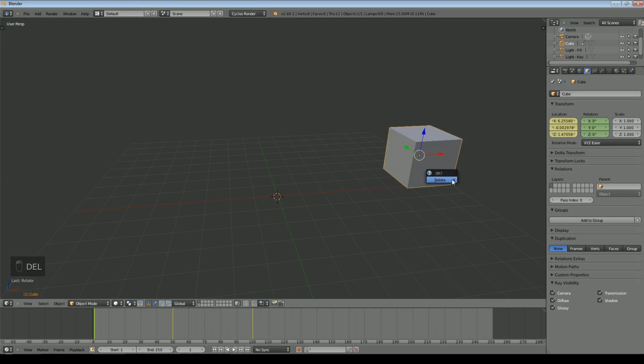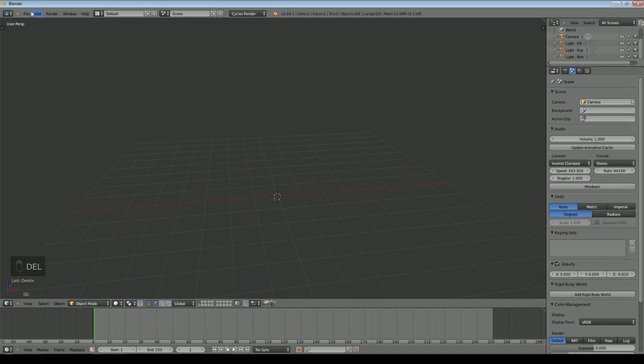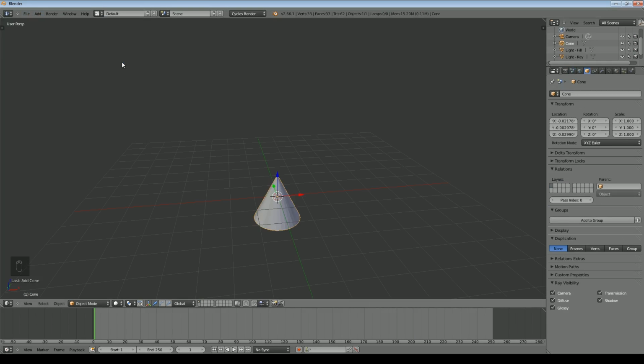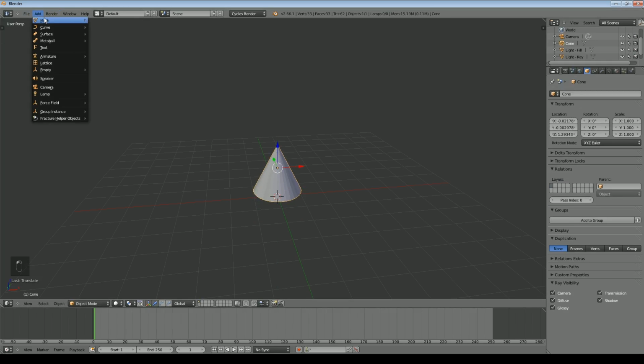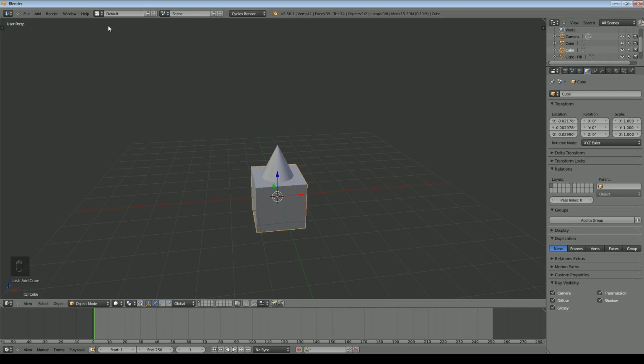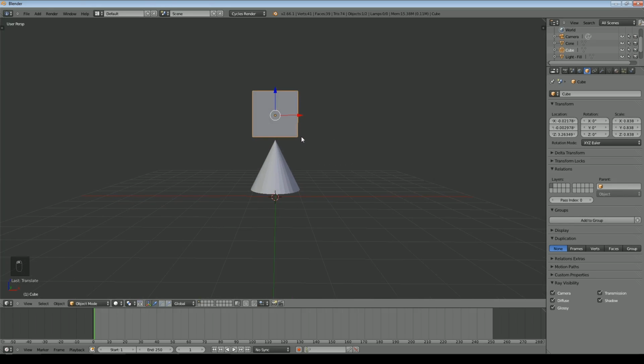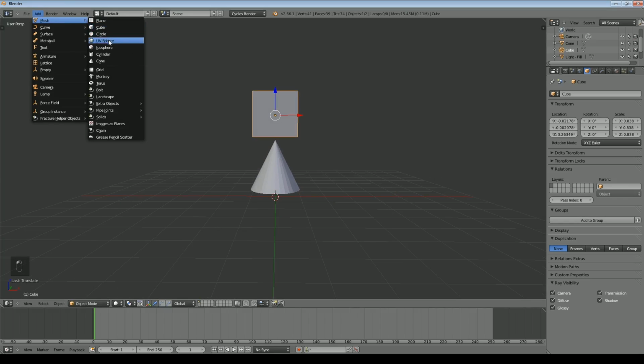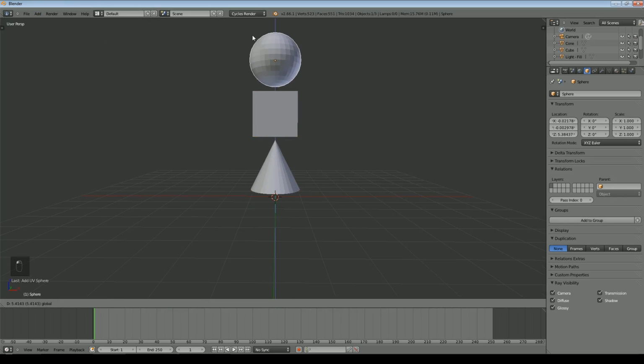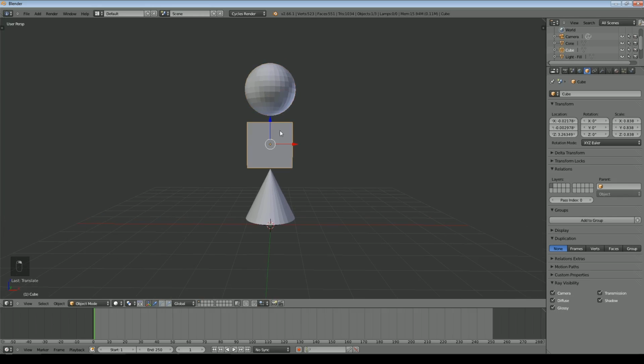So the next thing we might want to do is actually distort shapes. But before we do that, I think what we'll do is we'll add a cone, a very simple shape. Then we'll add a cube, make that a bit smaller, and we'll put it just above the cone, and we'll add a sphere. Now there are various ways of joining these together such that we can then animate them independently. Now obviously I could just move these around, adding keyframes as we go, but I might want them to operate as if they are connected, or to actually connect them.